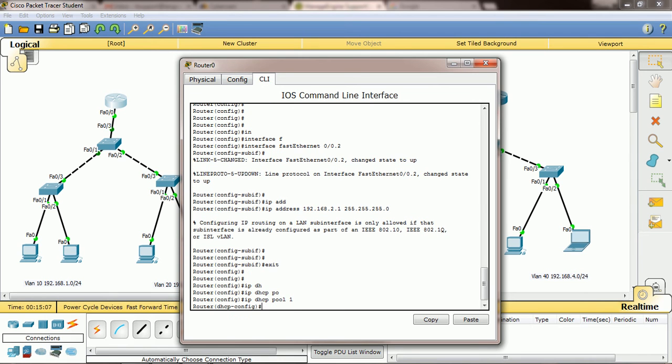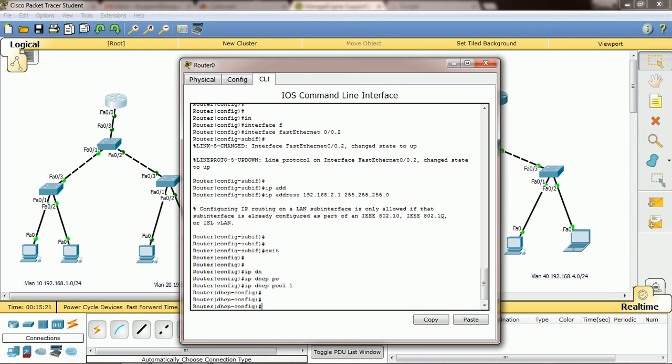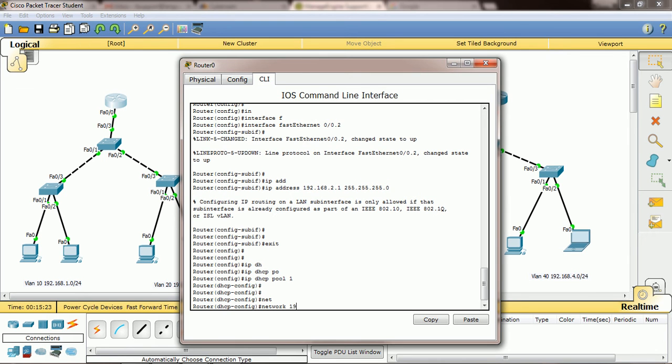ip dhcp pool 1. This 1 is nothing but the pool name. You can assign any numbers or names also, for example Cisco or switch or router, whatever you want as a DHCP pool name. Then you need to mention network 192.168.1.0.